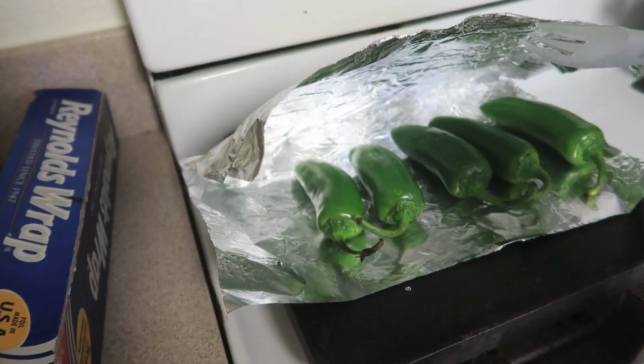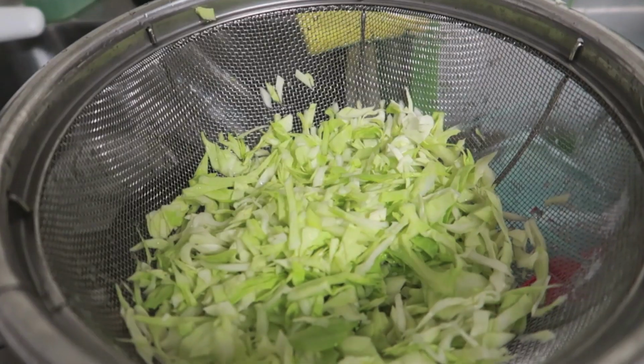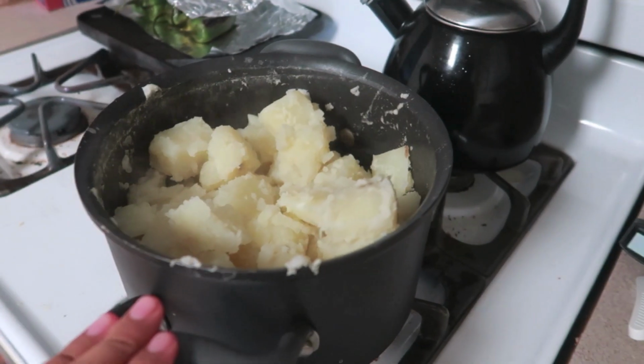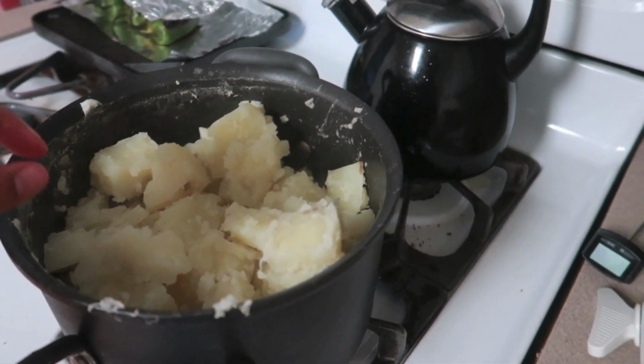In here I have the peppers cooking, so I'm going to cover that. I have chopped up cabbage. I like to replace the lettuce with cabbage instead, but whatever you feel comfortable with, you can go ahead and use. So the potatoes were able to cook for 25 minutes in the water,